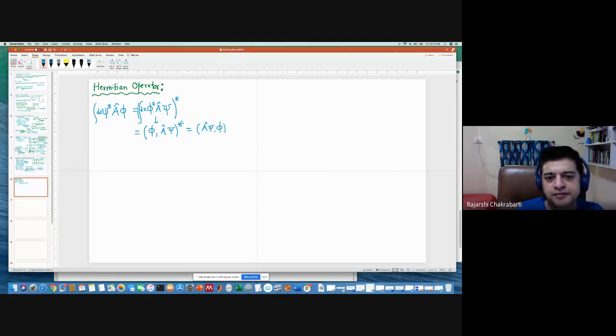Is this fine? This is exactly what I did in the last class. I am repeating because you should get used to this kind of notation. And then again, if I write it back in terms of an integral, this is going to be